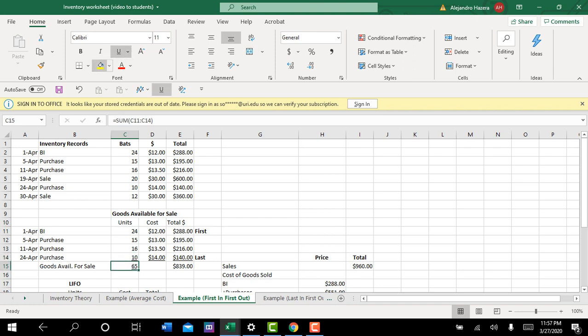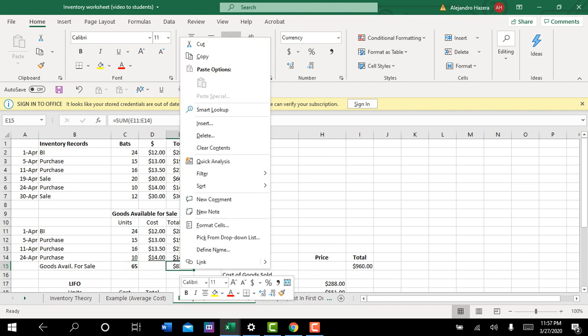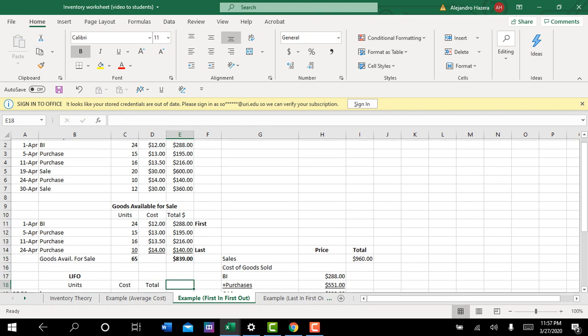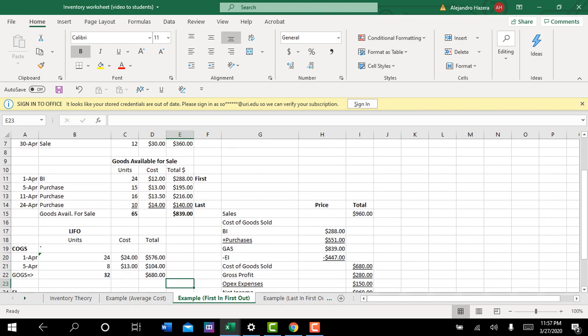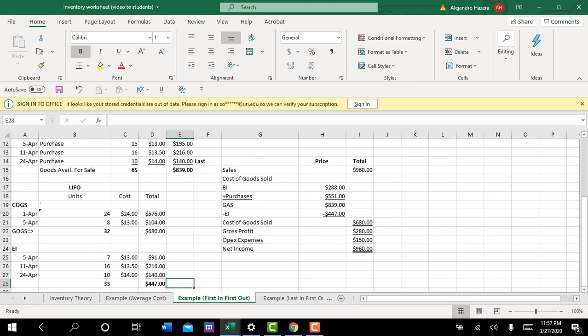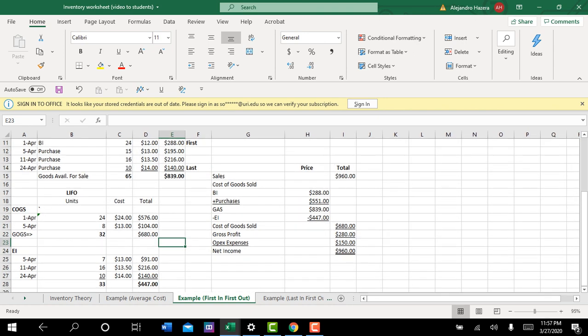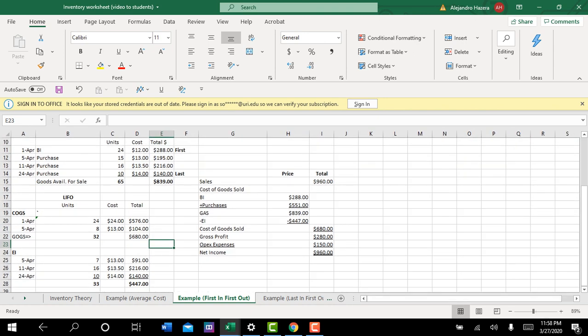Okay, so what I'm going to do is just go down here a little bit. And I think everything we're going to need, more or less, I'm going to go ahead and just see if I can shrink this just a little bit. So you should still be able to see that, but I want to make sure that you see where these numbers are coming from. And I'm going to go ahead and erase these numbers right here so you can see where, and I'll send you the worksheet, but I'm going to erase these numbers here so you can see